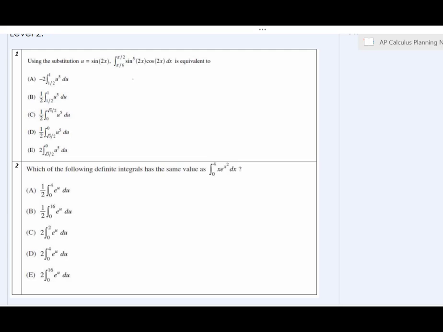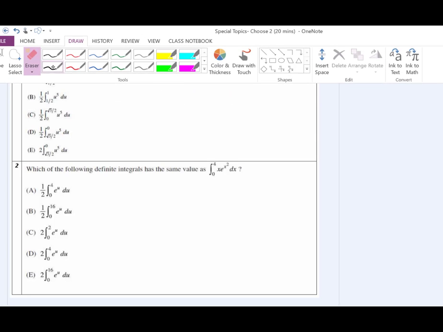When I look at this though, and I say, okay, let's say u is sine to the 5th of 2x. If I differentiate that, I get 5 sine to the 4th of 2x times cosine of 2x times 2. Now the problem with this is that this is not going to replace that cosine. There has to be an easier way. So if you ever get to a point where you're like, that is not going to substitute well at all,